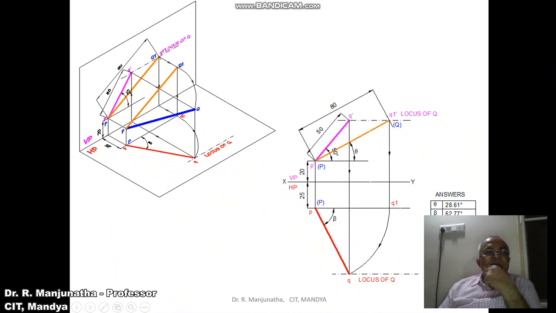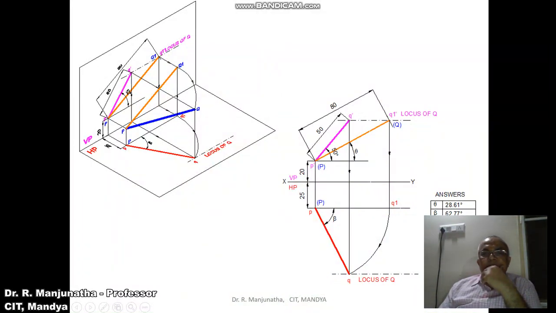So when you rotate it in space such that this Q1 should lie on this end projector, it is lying on the end projector. So you are going to get this. When you are rotating like this, it means that when you look from the top view, that image will be rotated in the horizontal plane. So you get this point Q. Once you get this point Q, you have the top view and the locus of Q. That is what we have shown here. So we have drawn this.